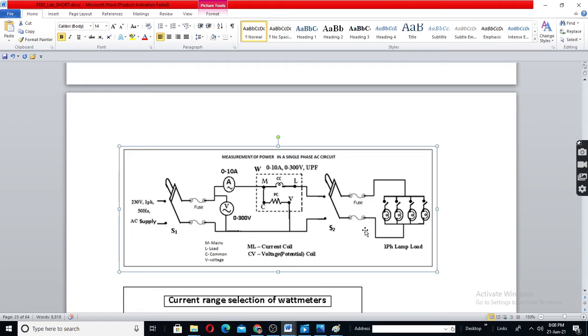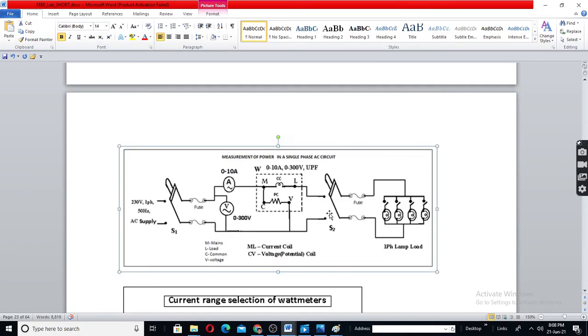So always make sure that the range of instruments is more than the range of load or supply. If you are drawing 8 amperes, the instrument should be able to carry at least 8 amperes. We are applying 230 volts here, so we have a range of 300 volts.